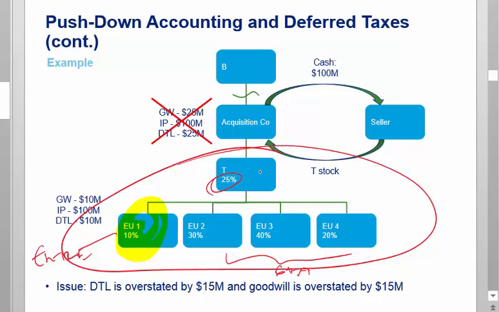And when we consolidate in, everything will work perfectly, and I didn't have to push anything down and mess up the local books. Okay? And if you do that, while that's simple for book people or the accounting types, it's not good for tax because you don't get it in the right place.